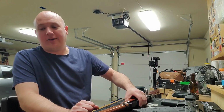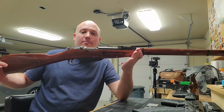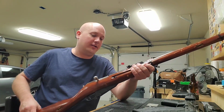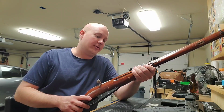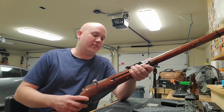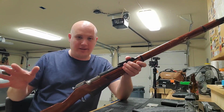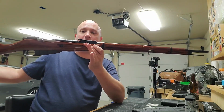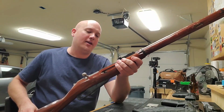Well, I'm finally going to get a chance to review a Russian Soviet Mosin Nagant. So this one, I guess according to the markings, was made in 1938. Now, I'm unfamiliar with some of the markings on this, so I'm not really sure what variant. I know there's like a million variants of these Mosin Nagants. And this is the one that I have. I guess I'll have to look at those markings. It says